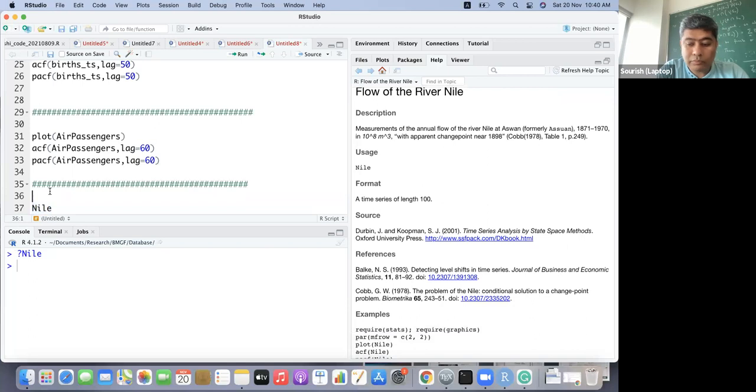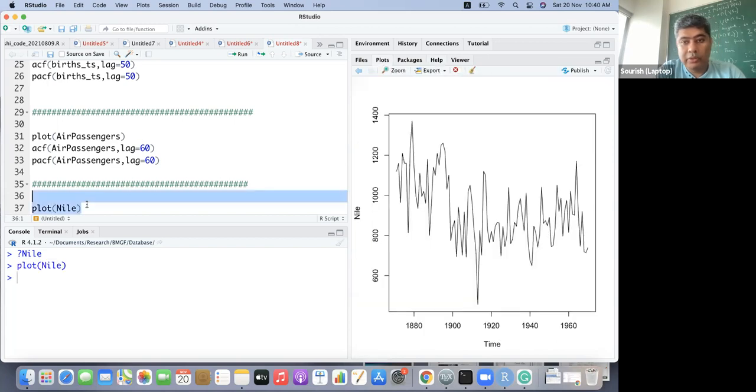And if we plot this data set, this is the data set that we are seeing.